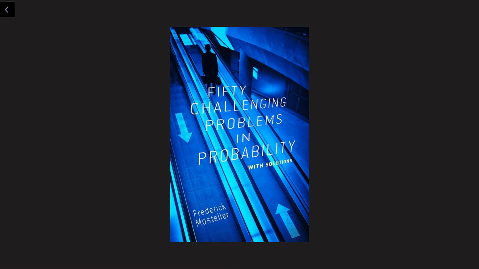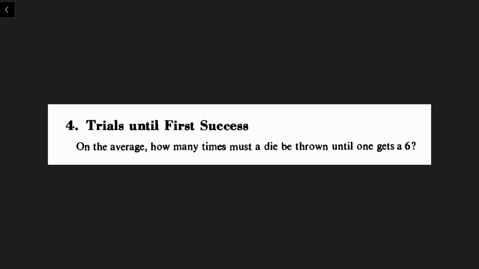Question number 4 from the book, 50 Challenging Problems in Probability. Trials until first success. On the average, how many times must a die be thrown until one gets a 6? Now this is a really simple problem, so I want to show you 2 ways that you could go about